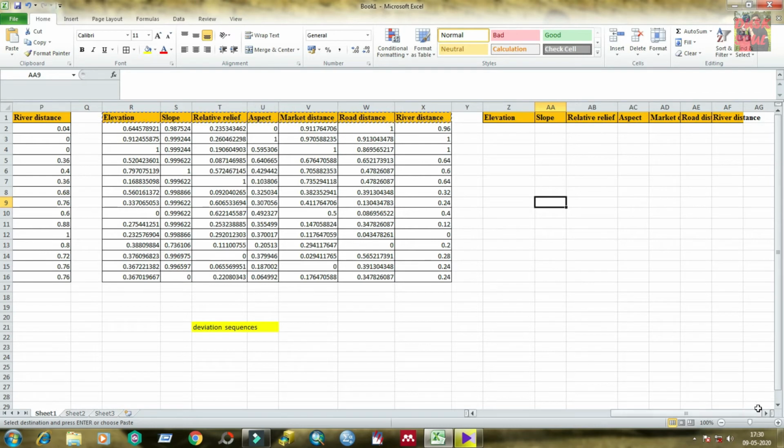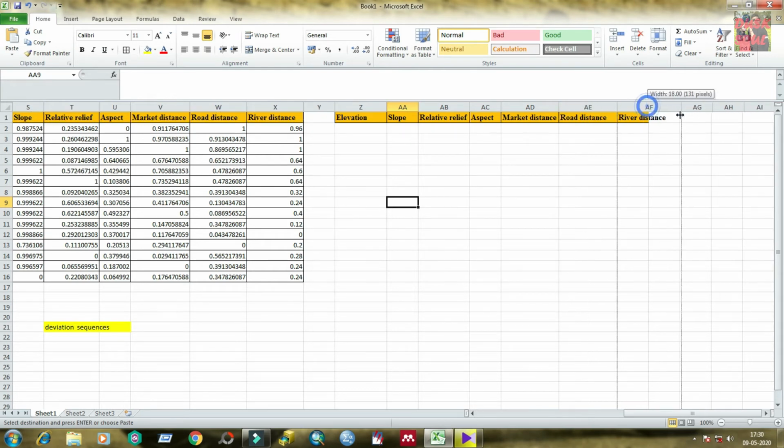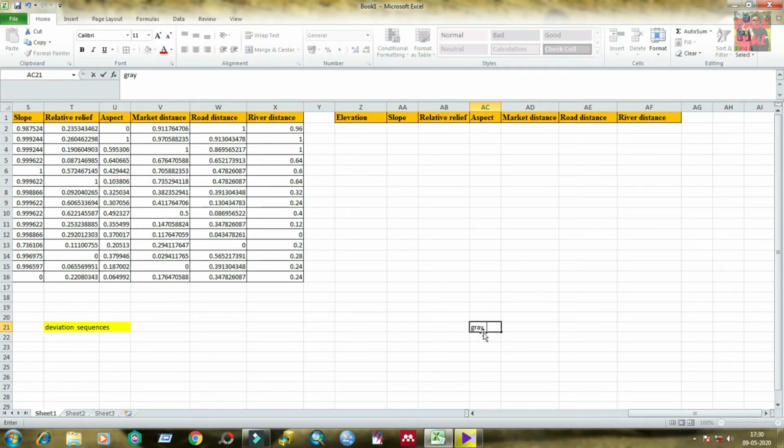Now our task is to compute the gray relational coefficient.